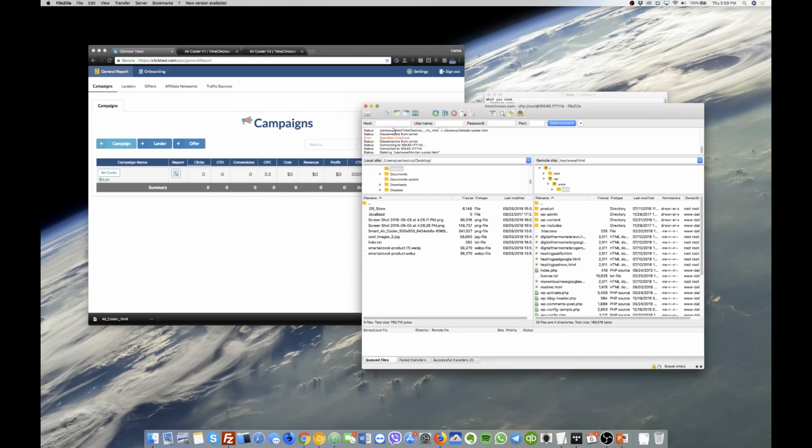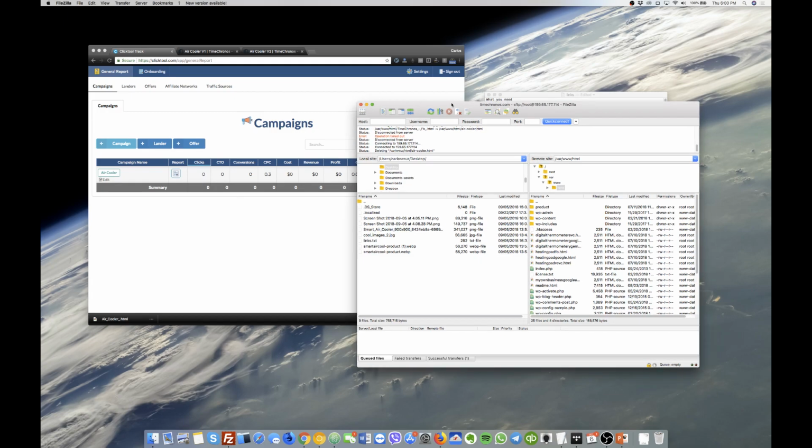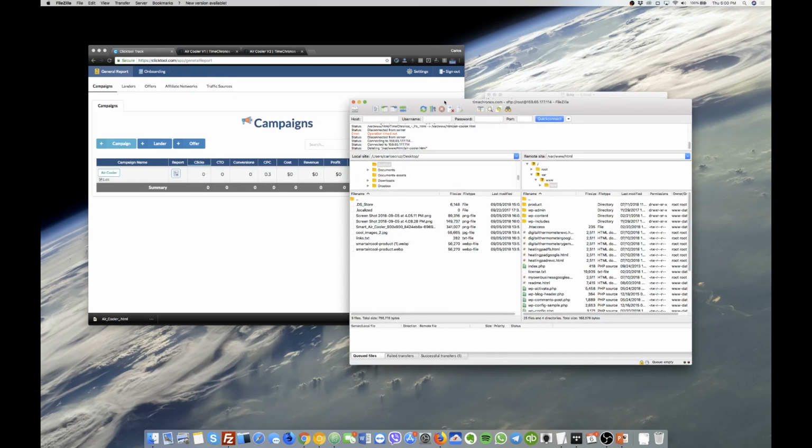If you have already uploaded your landing page, you pretty much already did this. This is kind of outside of the scope of how to use an FTP manager. You can Google how to set up your site on FileZilla. It's not that complicated. All you need to do is enter your IP and your username and password, and select